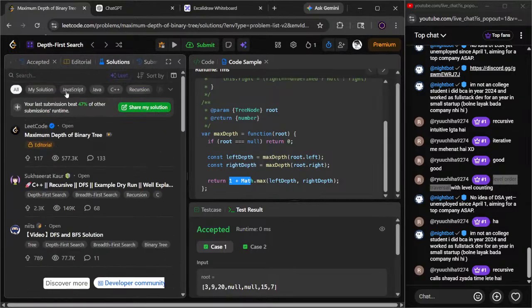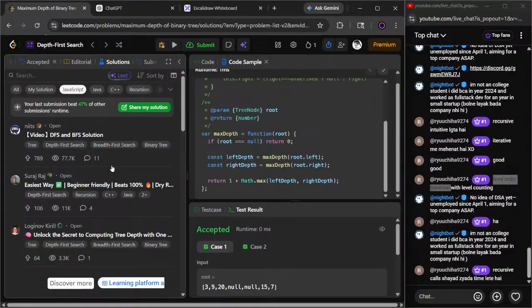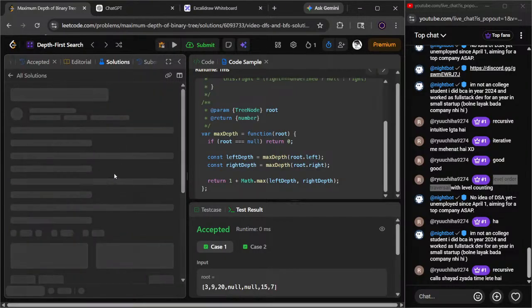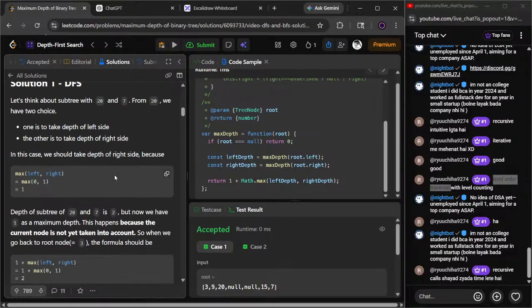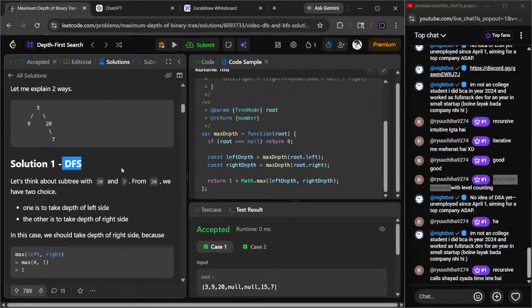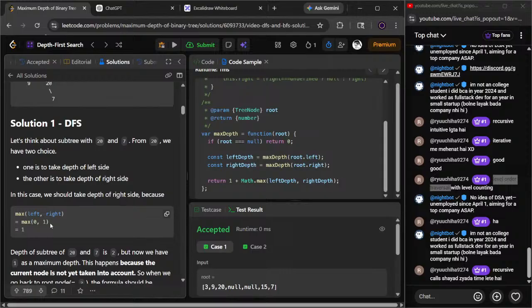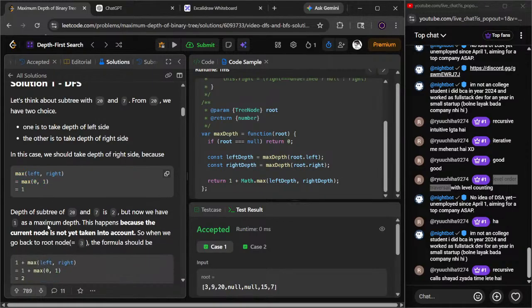यार? ब्रूट फोर्स में कोई किया होगा क्या? सब लोग मतलब रिकर्सिव सीख लेते होंगे एंड रिकर्सिव में करते होंगे, क्योंकि आइटरेटिव थोड़ा हार्ड होता होगा। डीएफएस, ओके डीएफएस में प्री ऑर्डर पोस्ट ऑर्डर इन ऑर्डर और बस इतना ही आता है। बाकी उसमें लेवल ऑर्डर वाला बीएफएस में आता है ना। वन इज टू टेक द डेप्थ ऑफ लेफ्ट साइड एंड अदर इज टू टेक द डेप्थ ऑफ राइट साइड। कम से कम मेरा दिमाग काम कर रहा था थोड़ा बहुत, मेरे को मजा आया।